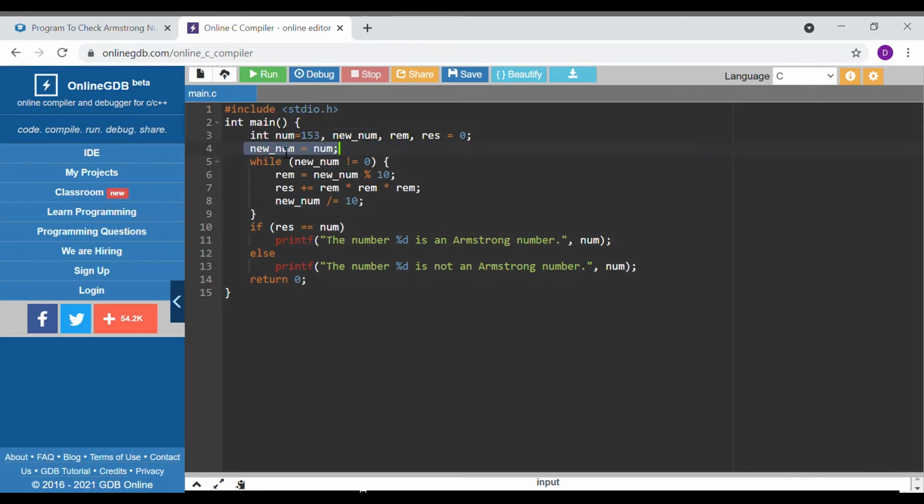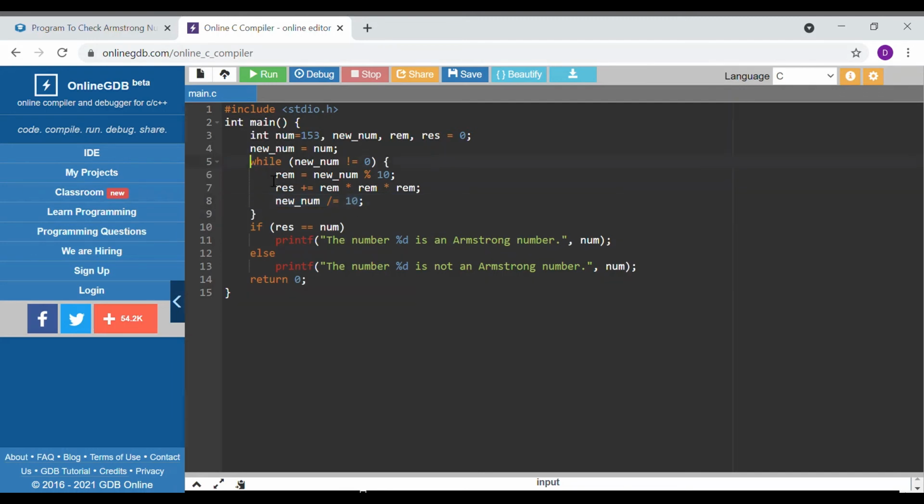Then we are looping. We fetch the digit, and then we do the summation of the cubes of all digits. Then we divide again to get the new digit.